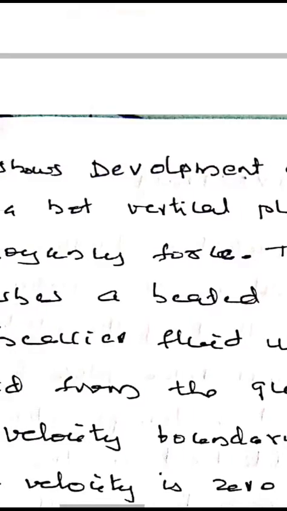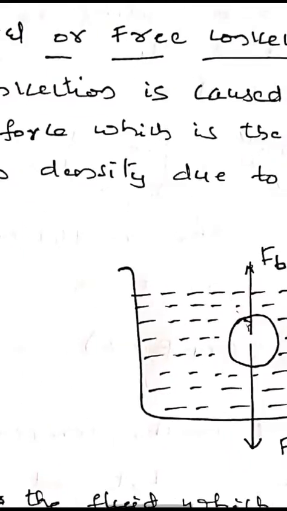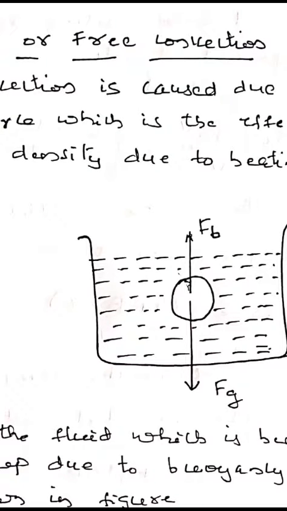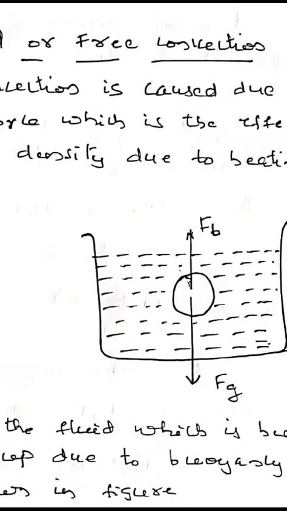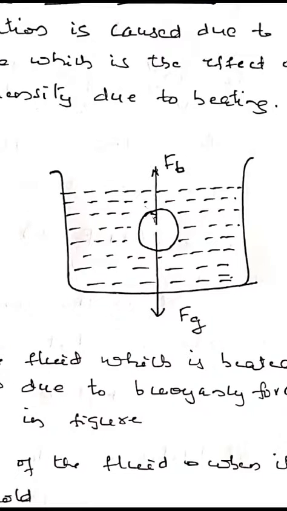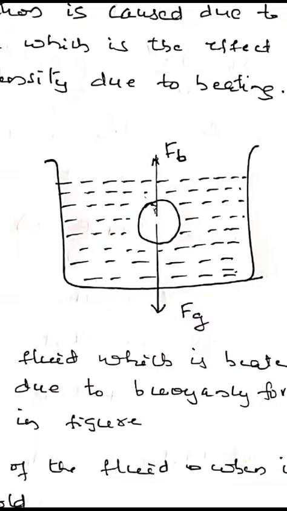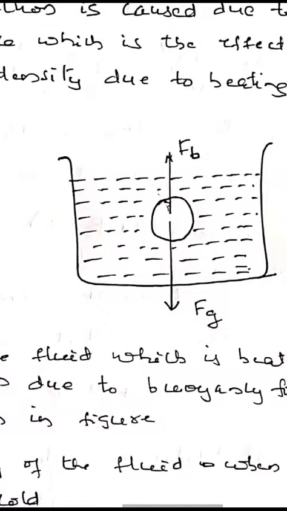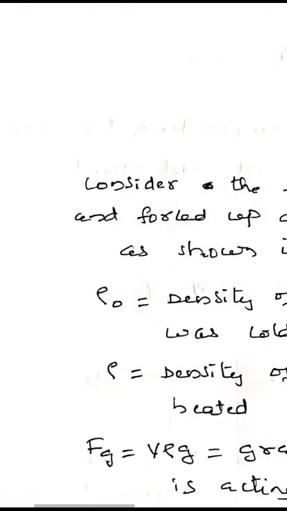Now we shall bring out the Grashof number, a non-dimensional group containing the buoyancy force, and also obtain a relation between the Nusselt number and the Grashof number by using dimensional analysis. Here a fluid particle immersed in a fluid is shown. The forces acting on the fluid particle are the gravitational force and the buoyancy force. Gravitational force is acting downwards.